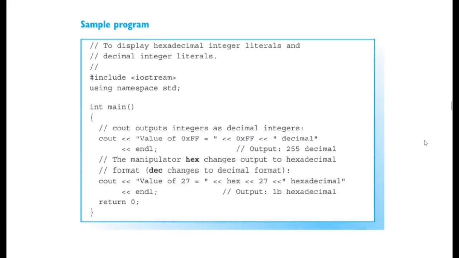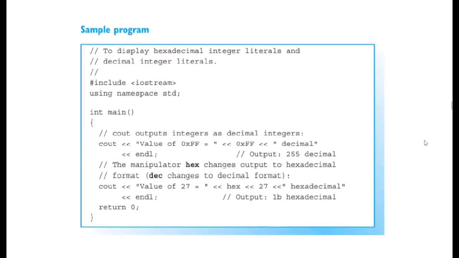Now let's see that in action in some real code. We've got our program here, starting with two one-line comments, just explaining quickly what the program is all about. That's always generally a good idea to include in your programs. You have the iostream preprocessor, which right off the bat tells us we're going to be dealing with input and output into the console.